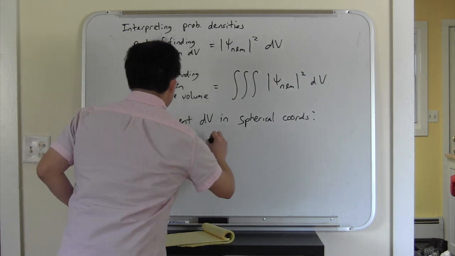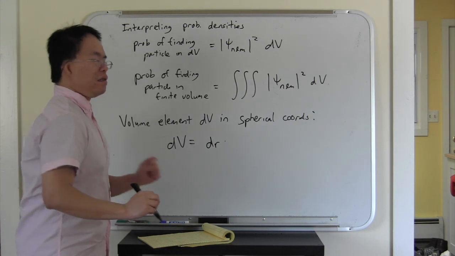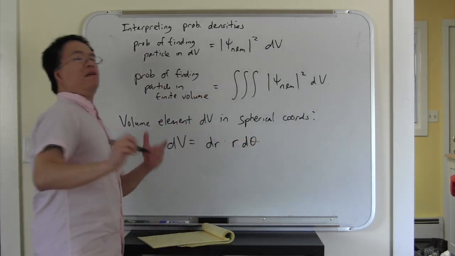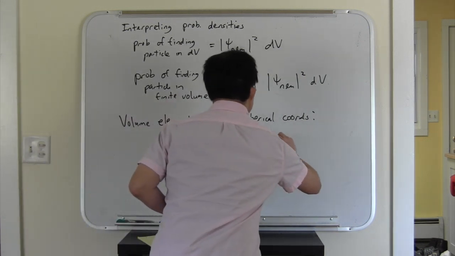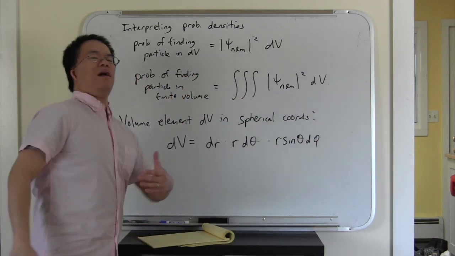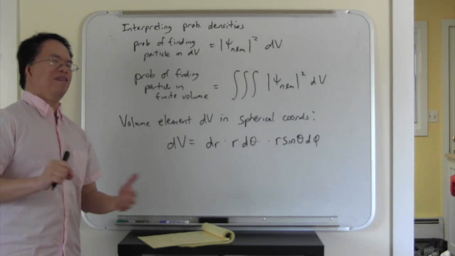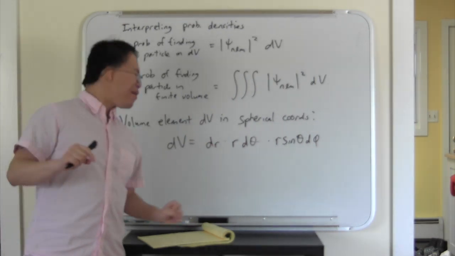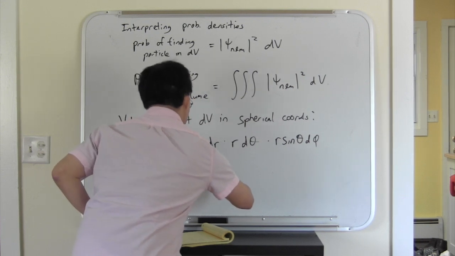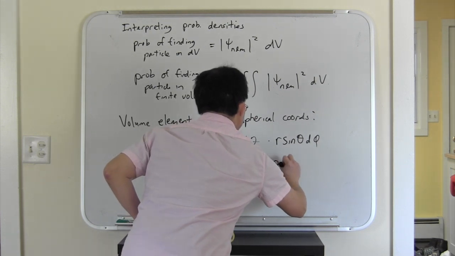It goes like dr, not too surprising, times r d theta times r sine theta d phi. I've written it this way because it helps to show where each piece comes from, but oftentimes we might get lazy and just write it all as r squared sine theta dr d theta